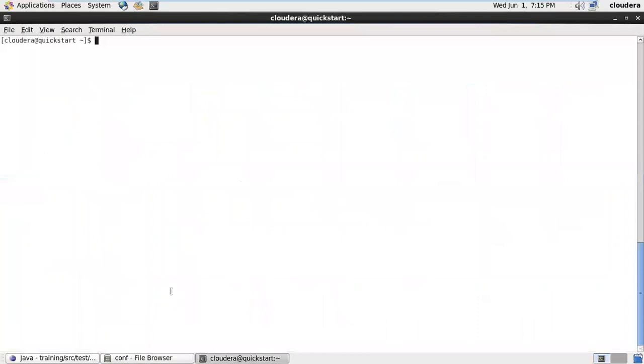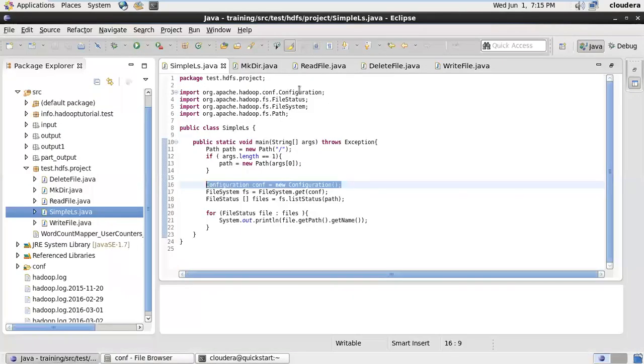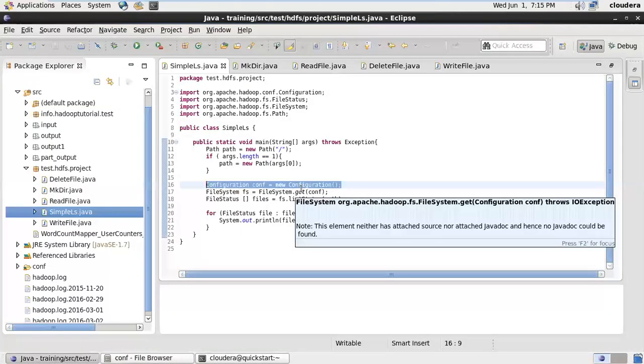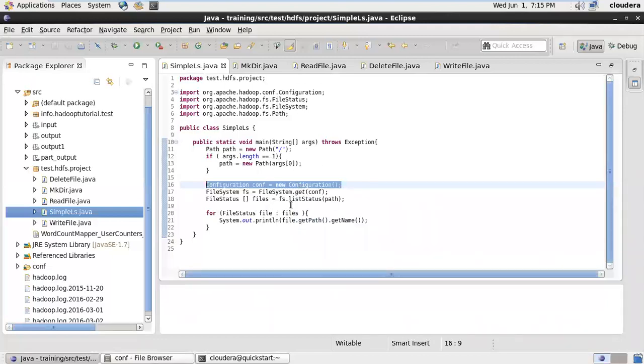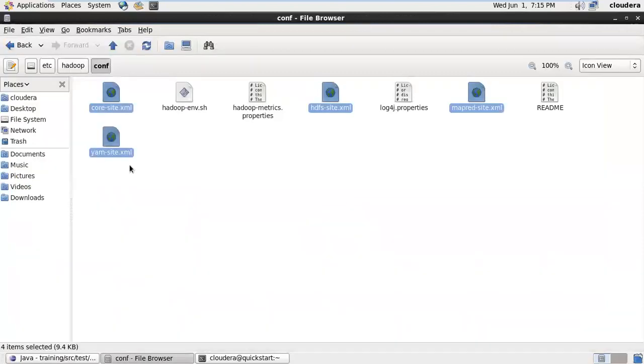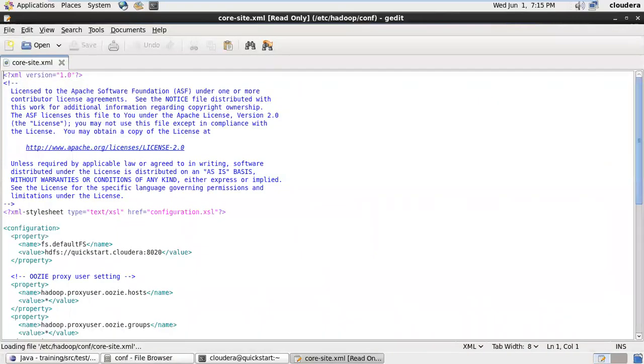This Hadoop conf.Configuration object will look for the Hadoop conf directory and read these site.xml files and the default.xml files also. And it reads these and gets